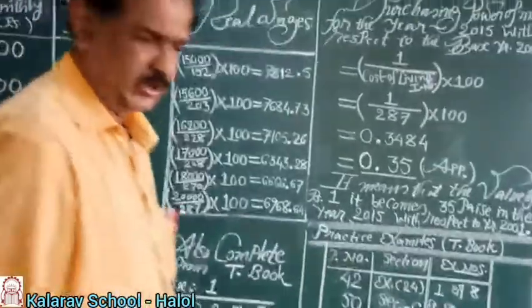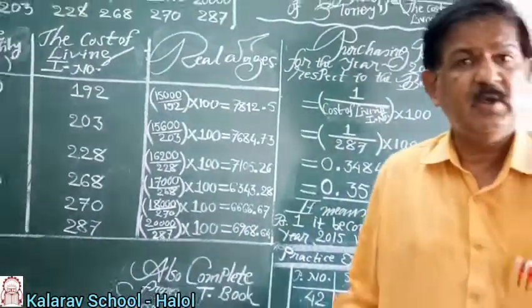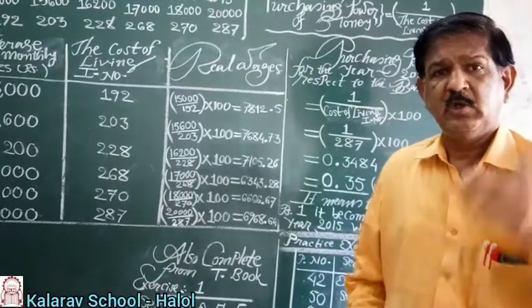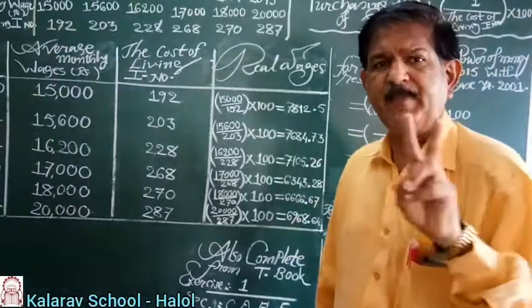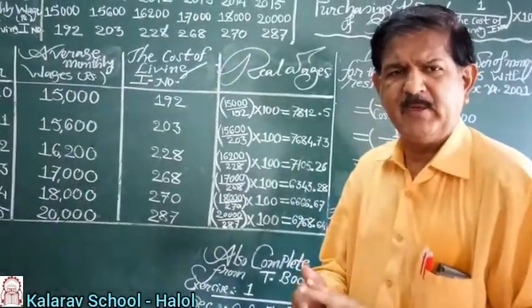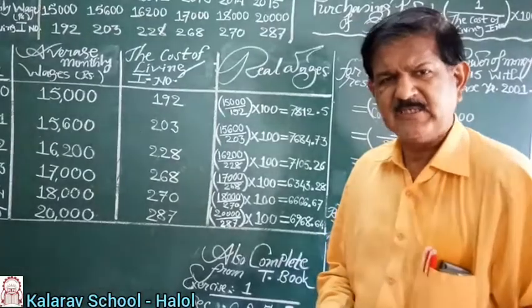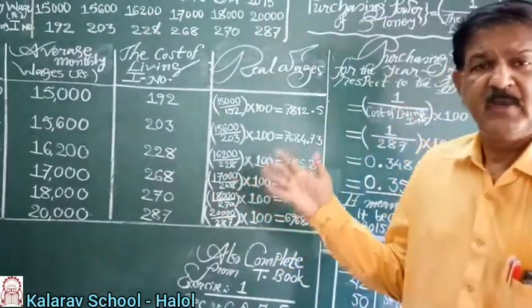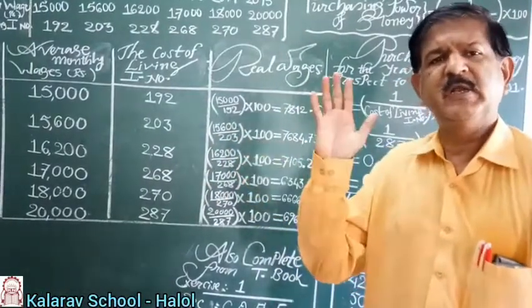In the next lecture, you are given the practice examples, topic wise. Topic 1, 2, 3, 4 and 5. In topic 2 there are 2 parts, part A, part 1 and part 2. In topic 3 there are 3 parts, section A, section B, section C. So please practice for this chapter, index number, and full practice, exhaustive practice will give you full marks.